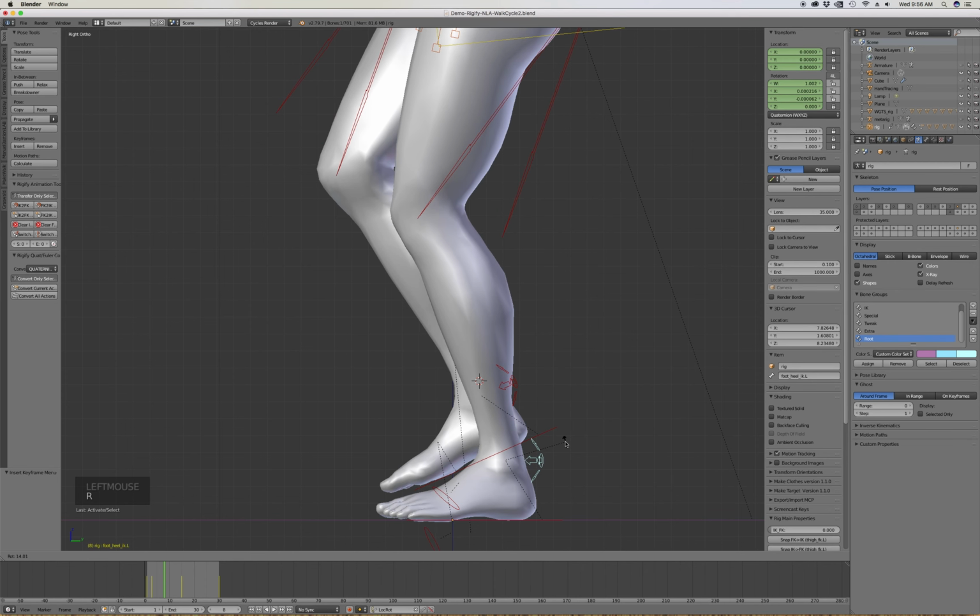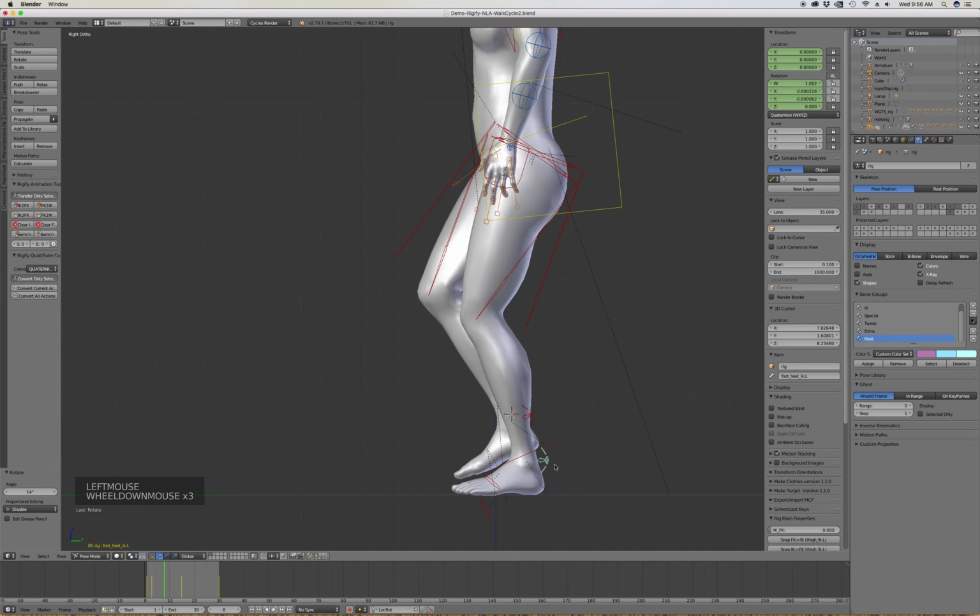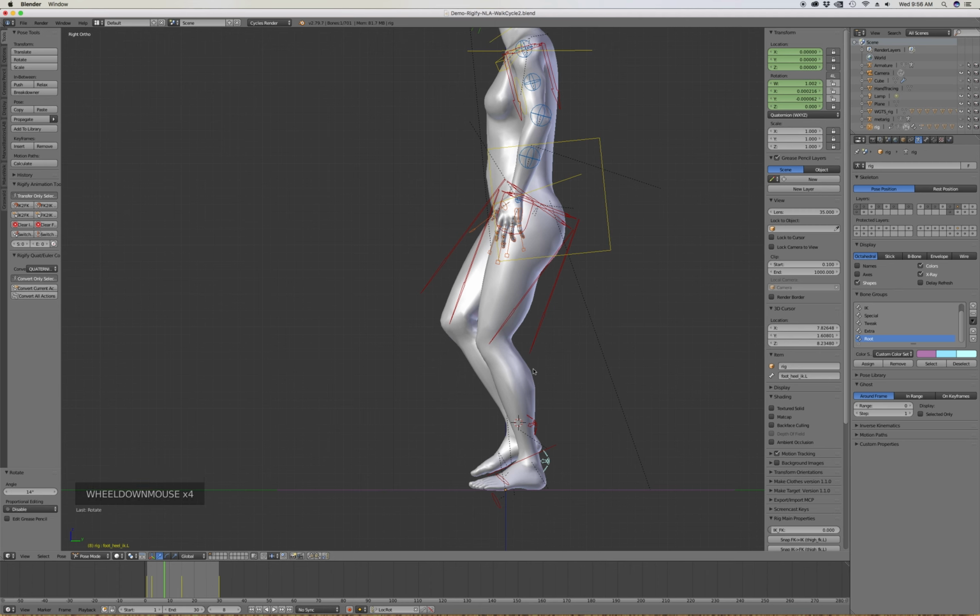Let's set our heel back down until about frame 8, and then as the foot comes under the center of gravity of the body, then we'll allow the heel to start coming up. So I'm going to keyframe that heel as down right there on frame 8,